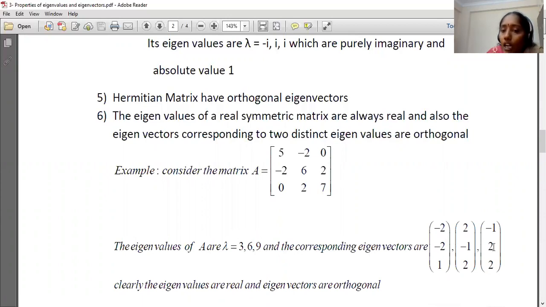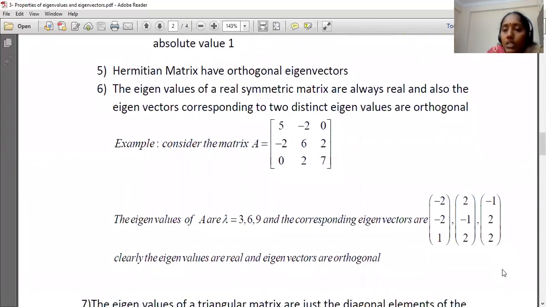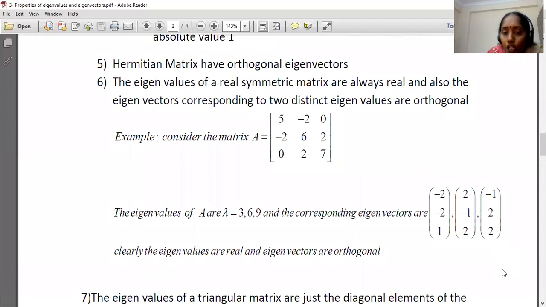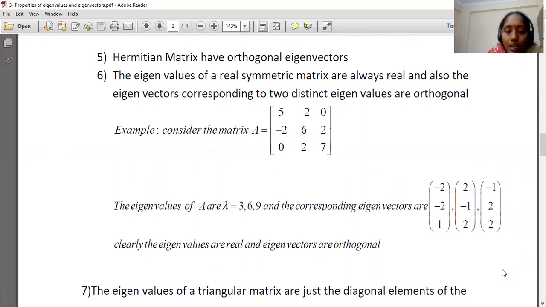And check whether these are orthogonal or not. So minus 4 plus 2 means 0. Another product, minus 2 plus 4 becomes 0. Again x1 dot x3, that is plus 2 minus 4 plus 2, is 0. So each distinct pair is orthogonal. That means the set of eigenvectors is orthogonal.